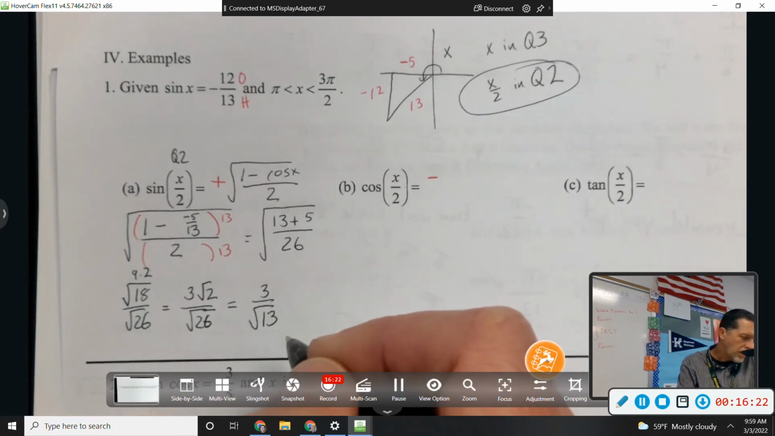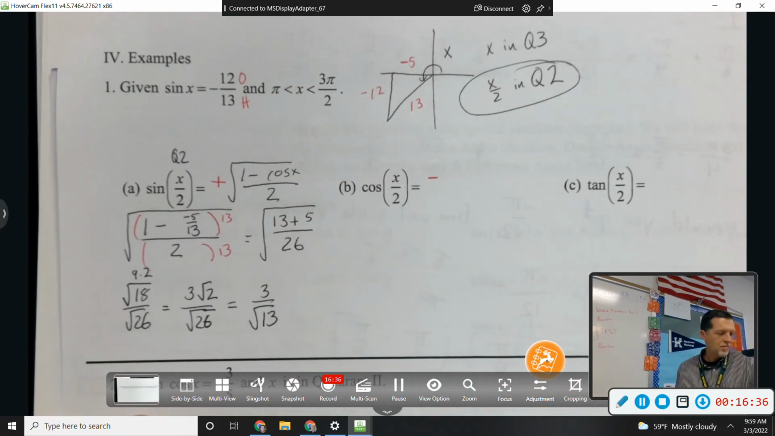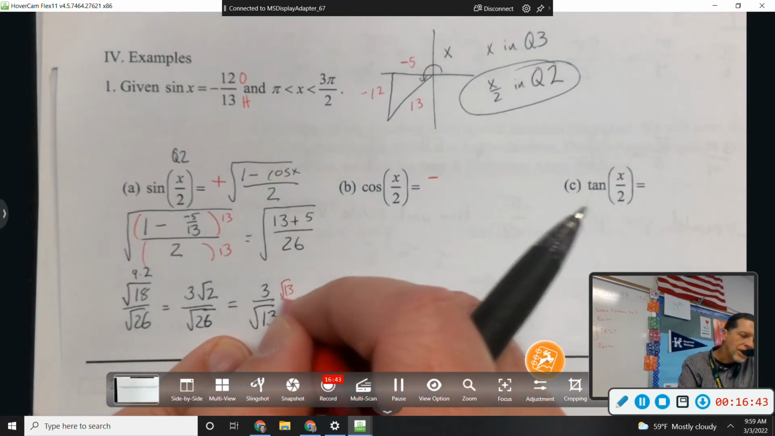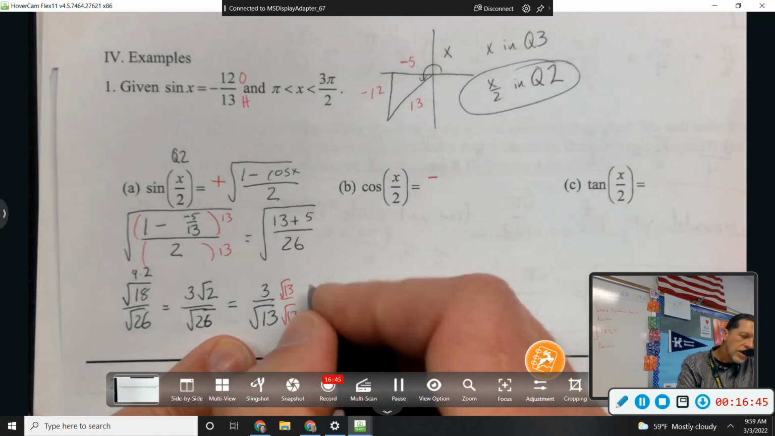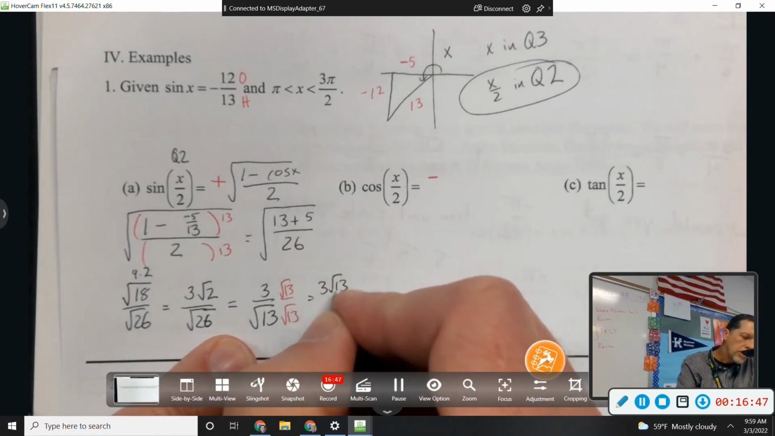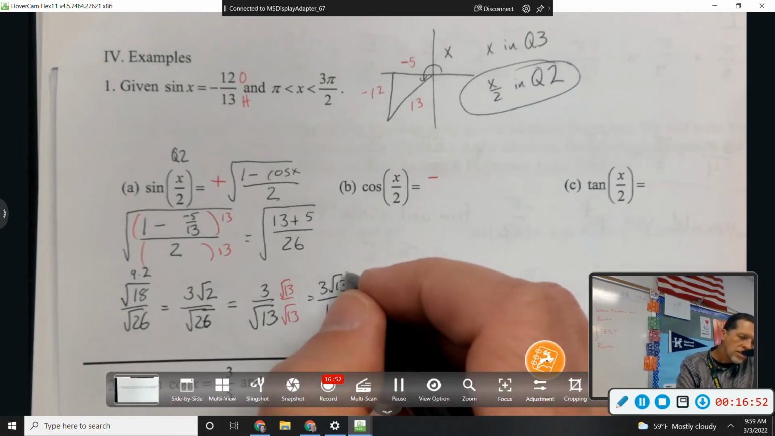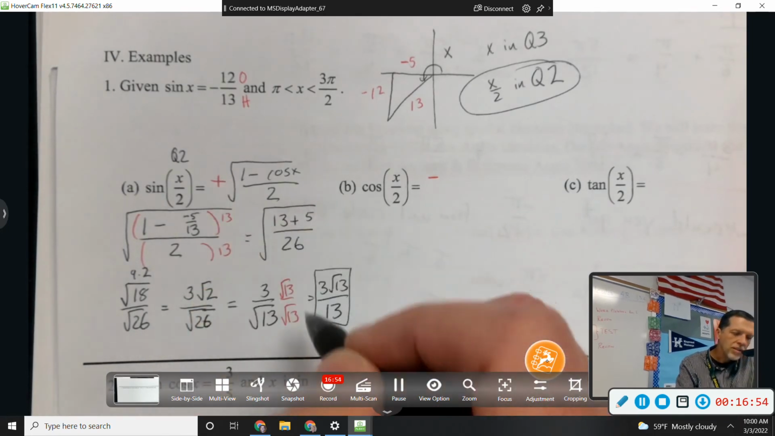I'm trying to think why this doesn't look like the answer key. Pretty sure you did the same one first. Because the answer key person did not reduce correctly. So I feel I'm still good. My answer key's wrong. No, still not done. You have to make it 13. I can fix the root 13, but that's easy. 3 root 13 over 13. And it was positive, so